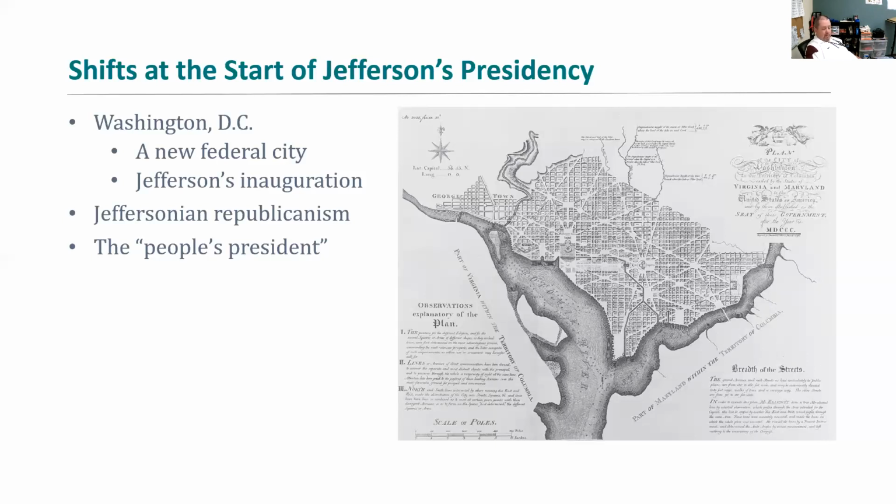It is important for you to note that Adams is a one-term president. He's elected in 96. He's defeated in 1800 by Jefferson. It's a very contentious election. It actually went to the House of Representatives because we didn't have a clear winner for president of the United States. It actually resulted in the 12th Amendment because there was no clear victor.